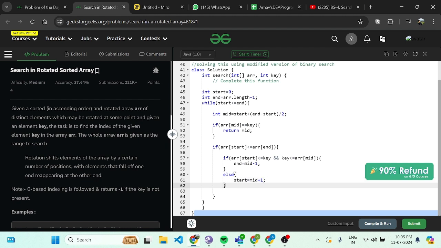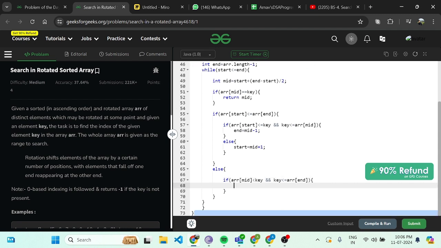So this is my if condition. In my else block there will be another condition: if the array of mid is lesser than key and key is less than equals to array of the end, then what I can do is